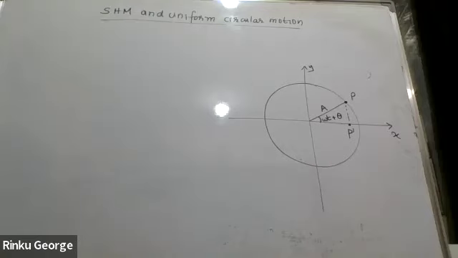Consider the motion of a particle P executing circular motion on a circle of radius capital A. You should write capital A. Radius A. At any time,